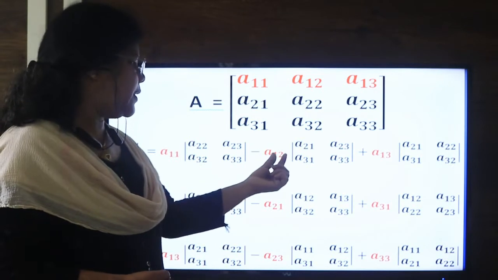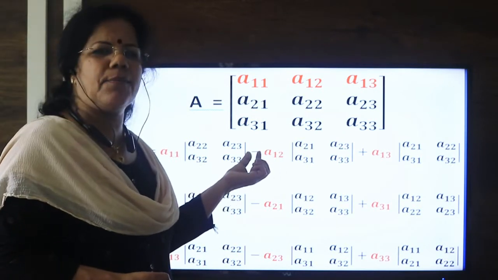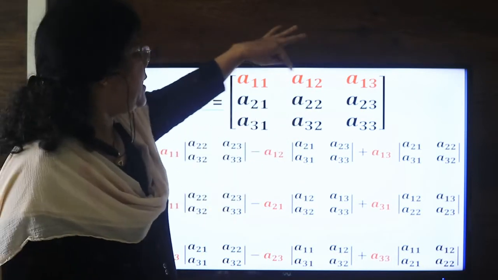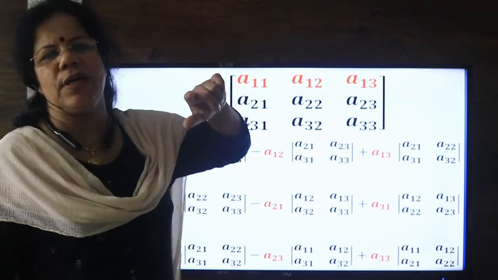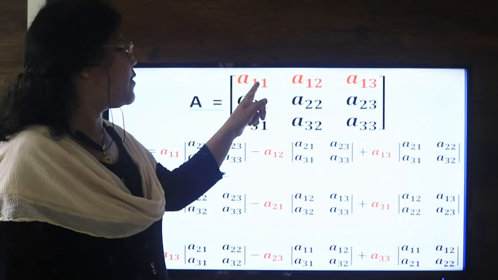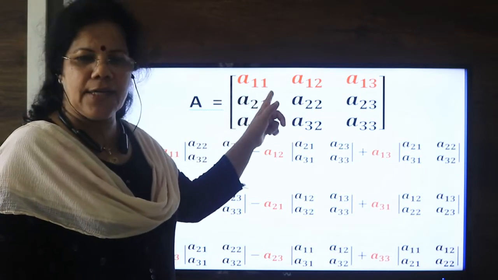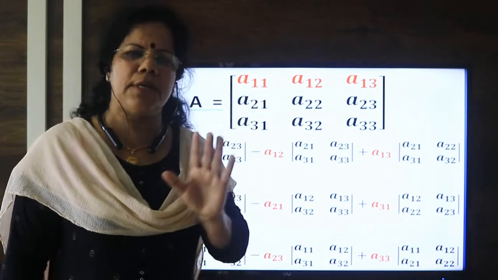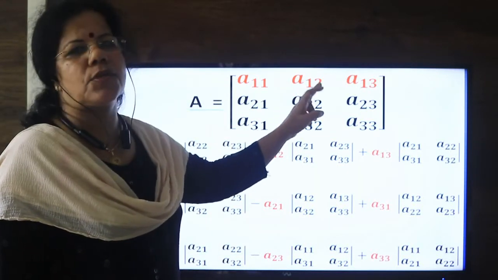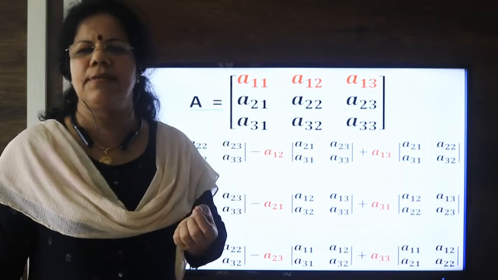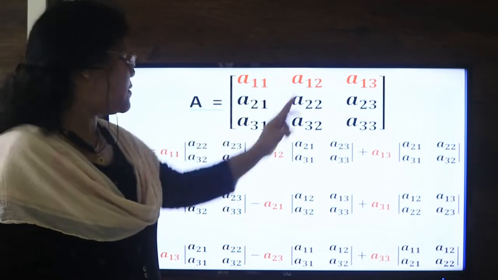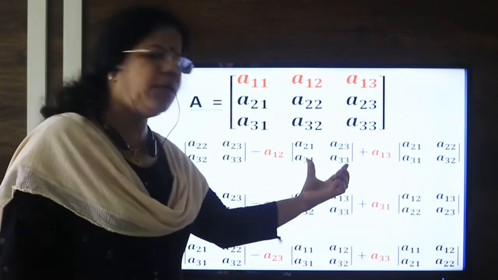Then minus A12. Why this negative sign here? Minus A12, the second element, is because the sign is assigned like this: negative 1 whole power i plus j. Here, negative 1 whole power 1 plus 1, and 1 plus 1 is 2, an even number. Negative 1 power an even number is positive 1. Here, negative 1 whole power 1 plus 2 is negative 1 power 3, which is negative 1. So that negative sign is assigned here, so it is minus A12. Now here, how did you get this determinant?